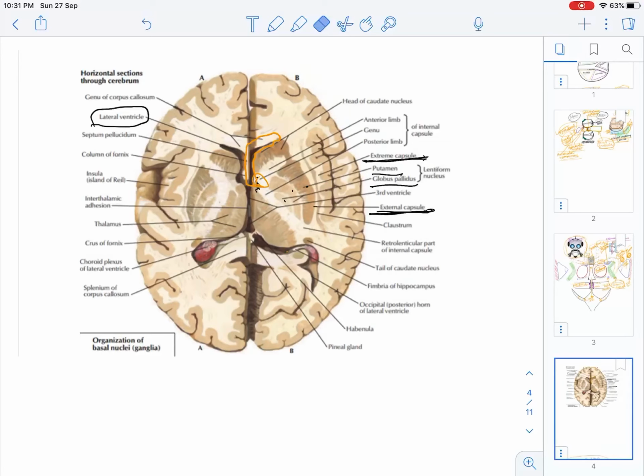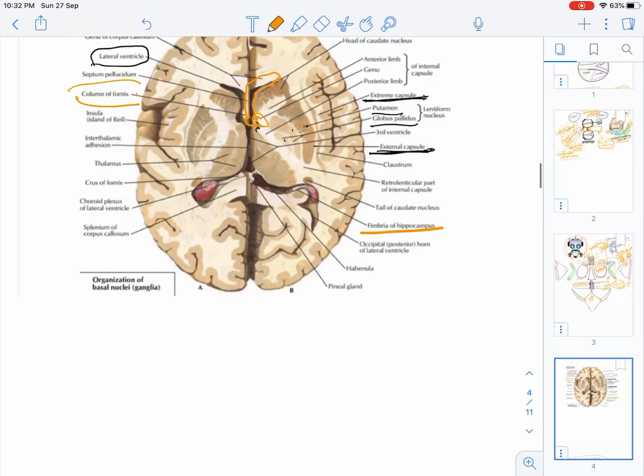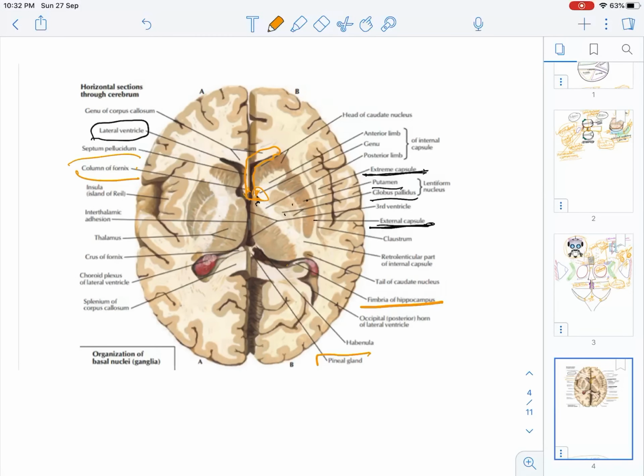I am not drawing it now, I will draw it later. In the previous video on the cortical layers, I have shown the structure of hippocampus, fornix and mammillary body in detail. So you should know this is the fimbria of hippocampus, and then it will go to the column of fornix here, and ultimately to the mammillary body, which is a structure of hypothalamus.